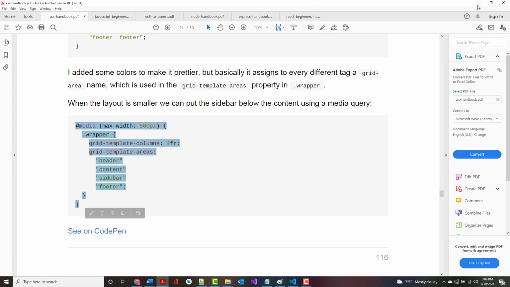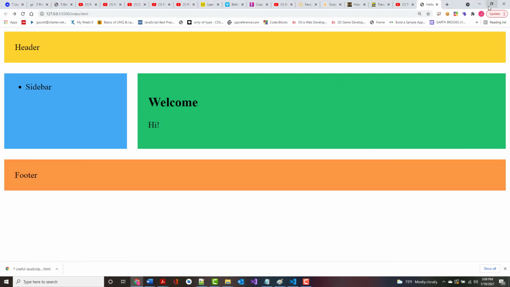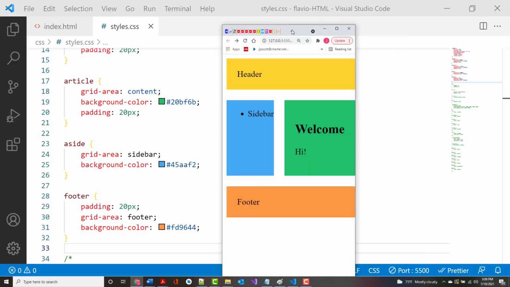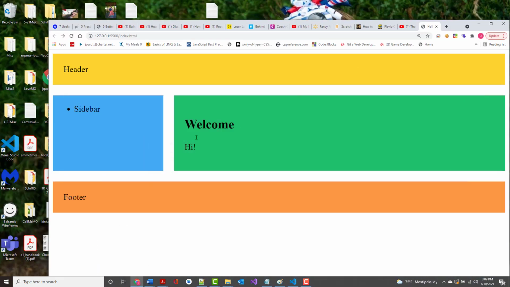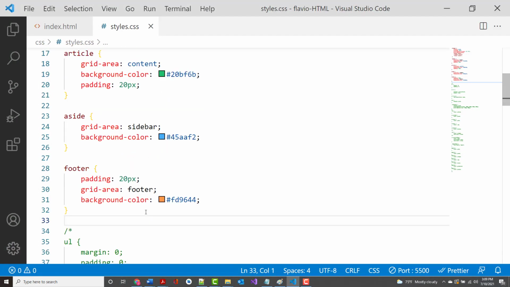So let's add the media query. First of all, let's look at it, and let's make it smaller. And you'll notice it's not responsive at all. These are not shrinking in size or anything else. But by adding a simple media query, and we'll go back and look at what's in that query in just a moment, but by putting that in here,